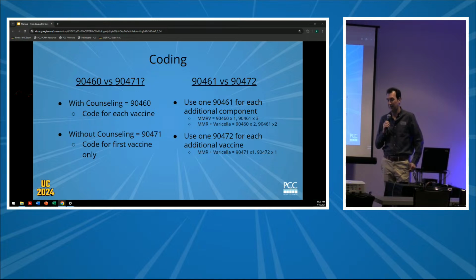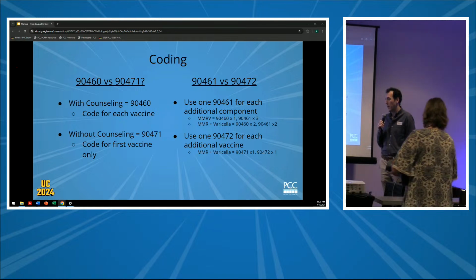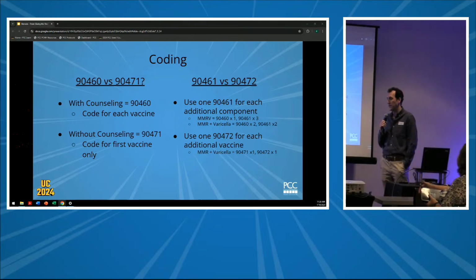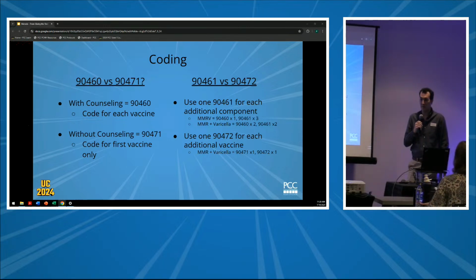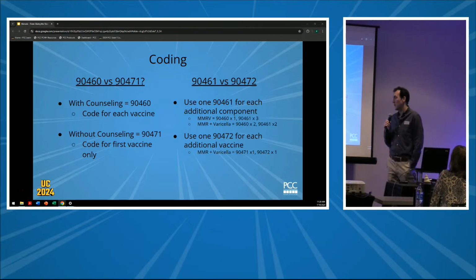One thing that is the big caveat with this that we have been getting a lot more reports of, and unfortunately we don't really have a good way to fix this other than try to negotiate the best you can, is some Medicaid payers and managed Medicaids have decided that they are not going to be paying the 90460s, which is a really big hit on what you should be making for those and make sure you can cover the cost of the vaccines. A lot of providers, a lot of pediatricians in general, recommend for most vaccines, if you have a combo, it's easier, it's less